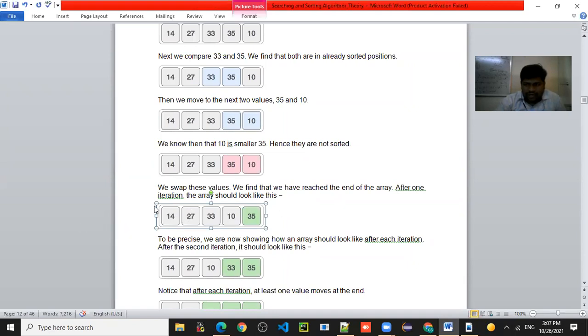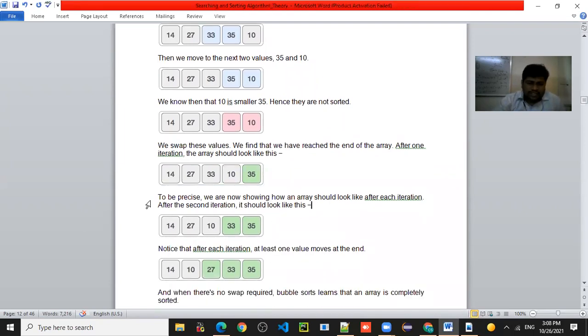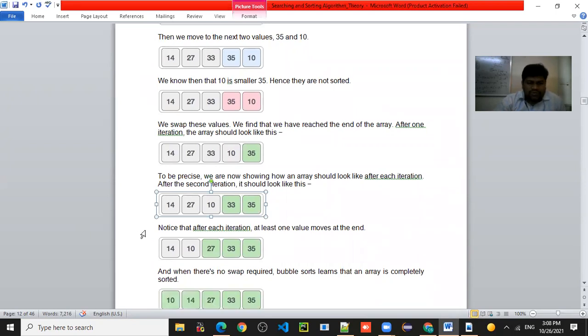या प्रोसेसला आपण काय म्हणतो, हे फर्स्ट इटरेशन झालं. या एका इटरेशन मध्ये किती एलिमेंट शॉर्ट आउट झाले? एक फक्त ग्रेटर एलिमेंट कुठल्या साइडला मिळालं तुम्हाला? राइट साइडला मिळालं. Now again the same procedure you are repeating, and we are calling it iteration number 2. So after the second iteration it should look like this.